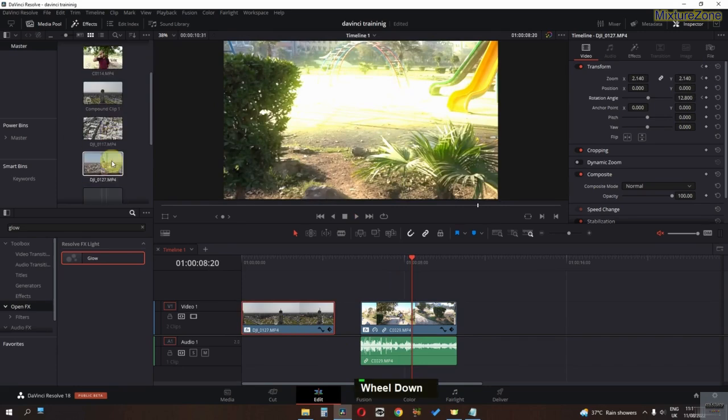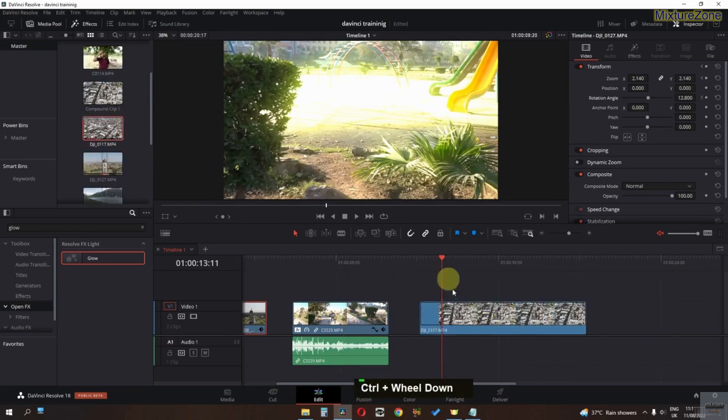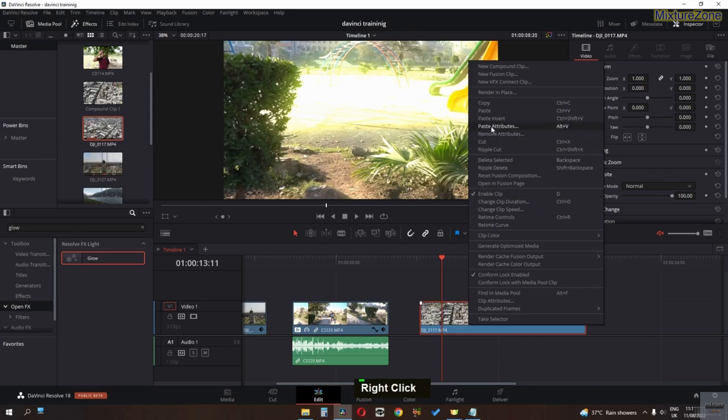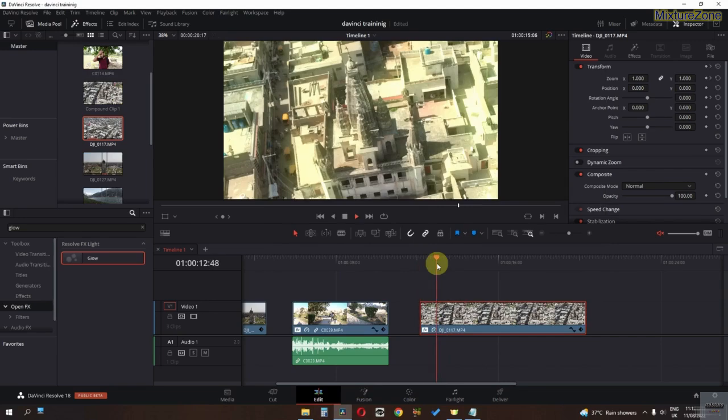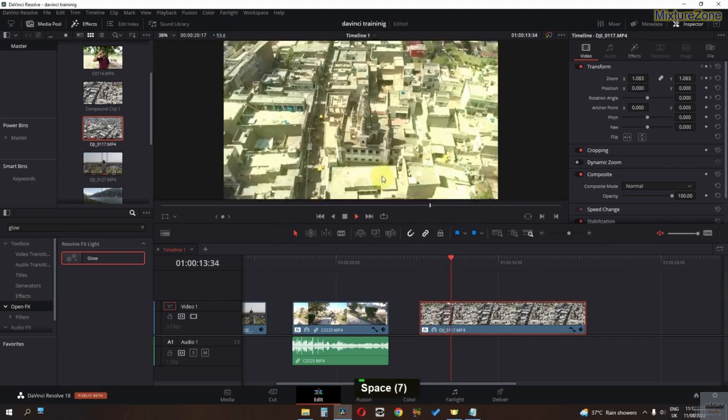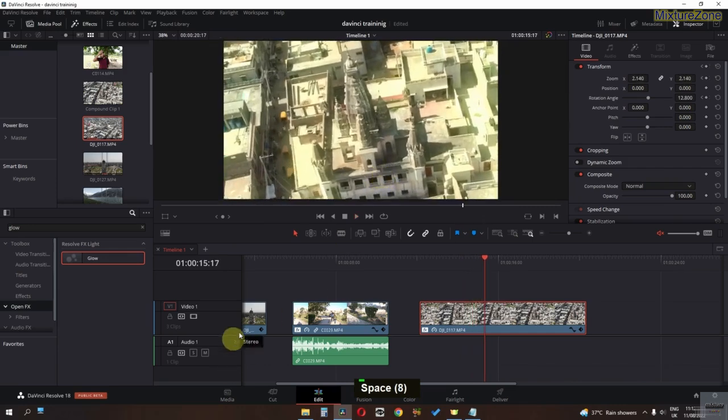Now you can select any clip and apply the attributes of that clip. Now guys, check this out. We have glow effects and we have the keyframe animation of that clip, and we copied these attributes to this clip. So you don't need to worry about doing all the things all over again from the starting point. You can just copy the attributes and paste them to a new clip,